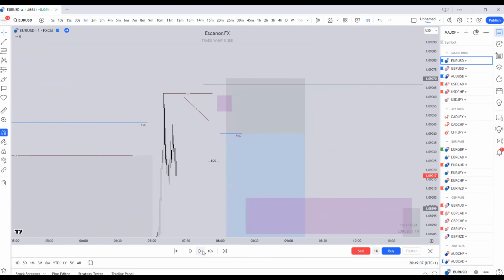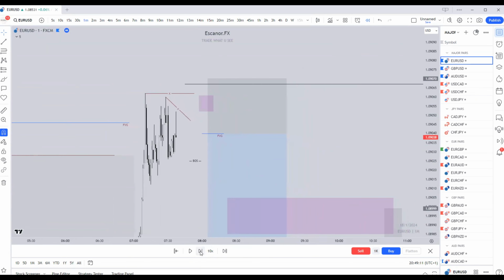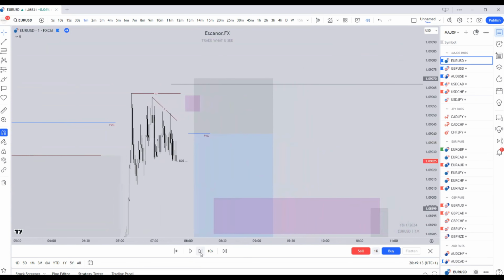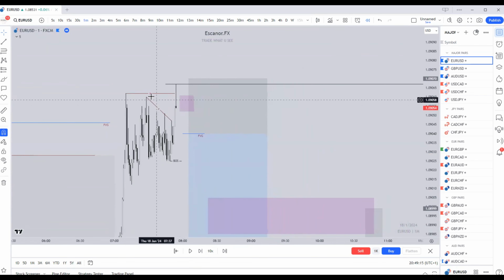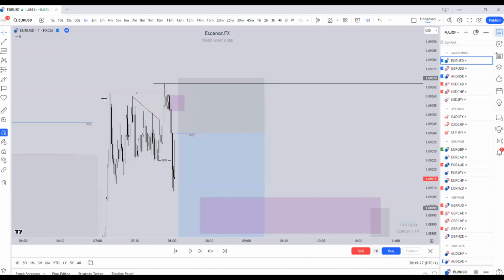Okay, so at this point we clearly generate more liquidity. We generate a trend line here. We induce the trend line traders. We took this high here also. We induce this high, the support and resistance traders on the lower time frame. So at this point, after the inducement, we've seen a huge push to the downside. Okay, this is the break of structure,